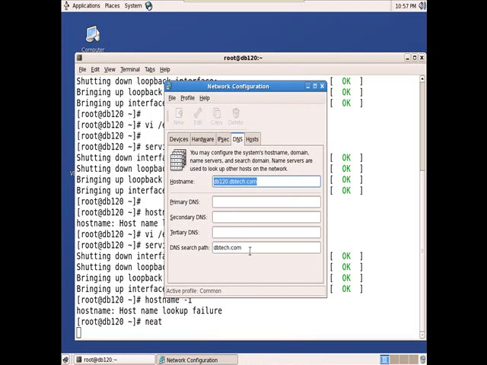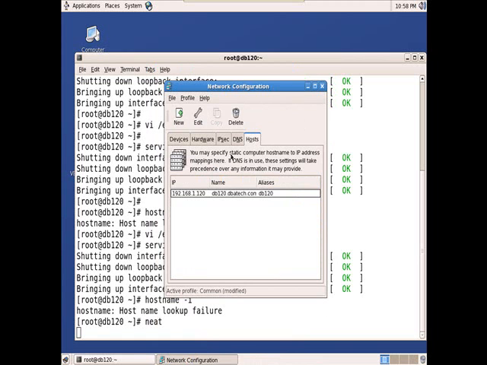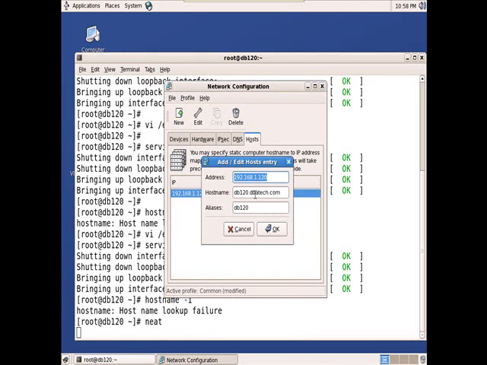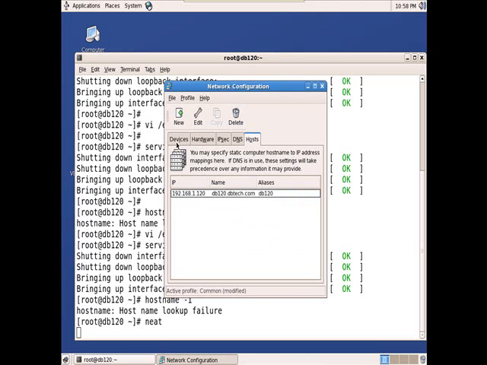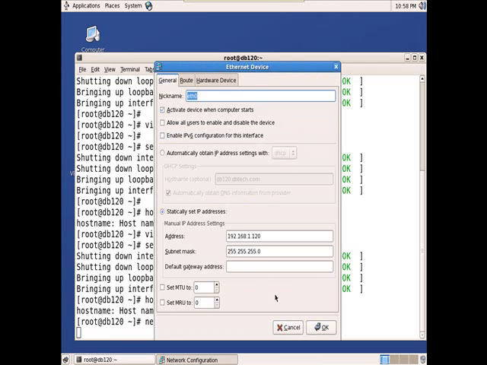Then the thing here is we have given dbtech.com, so here also we should mention that. dbtech.com. Okay, come to devices, here also mention this.